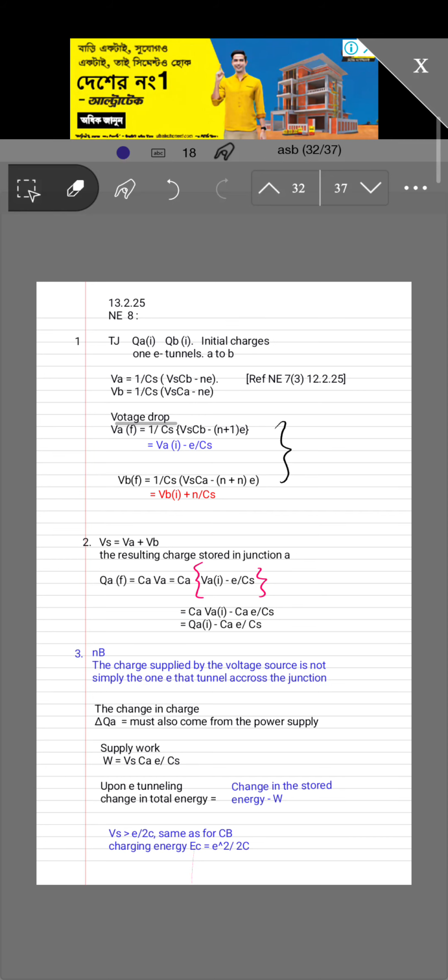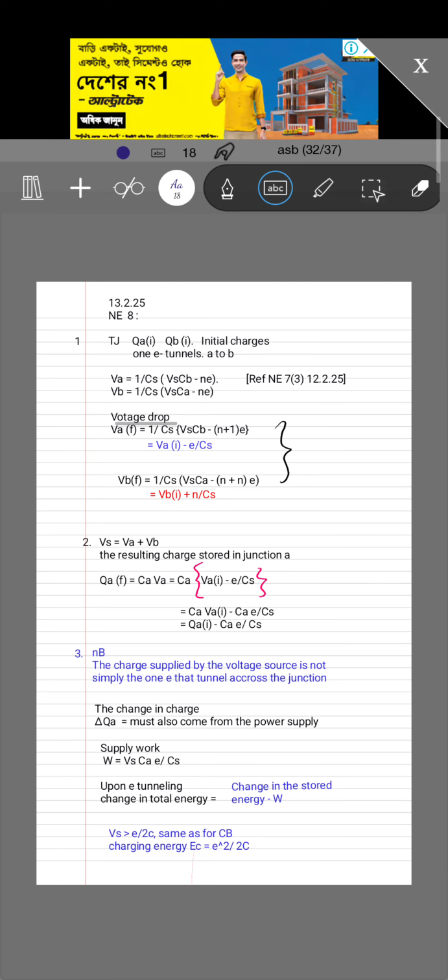Hello, students. So, continuing our lectures on electronics and especially the tunnel junctions formed by means of quantum dots between two leads. We have previously derived these equations where the voltage at the two terminals A and B can be